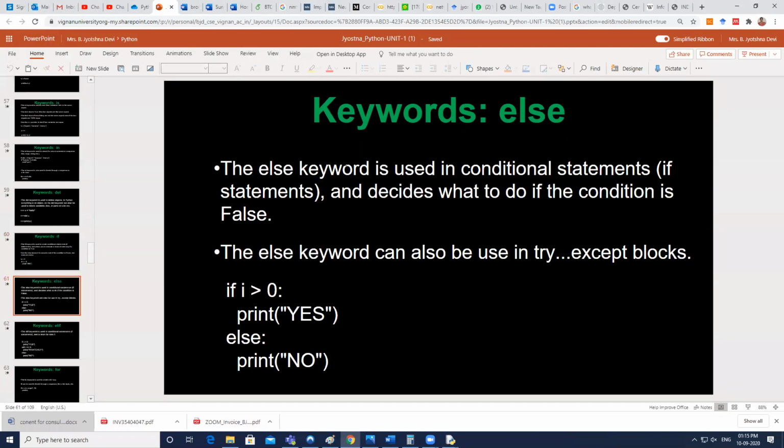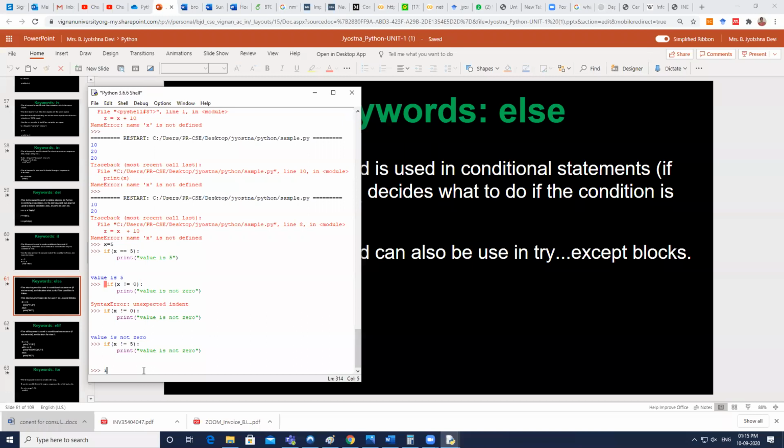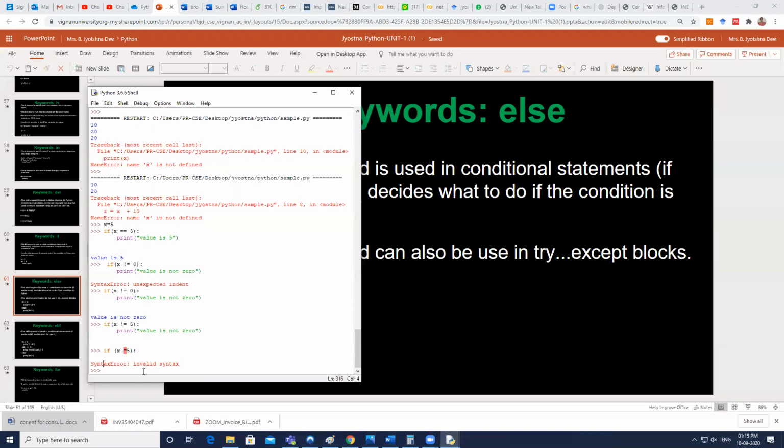And else, in continuation to the if, if you want to have the alternate statement also. If x is 5, then you want to execute something. Maybe I want to write a program for even numbers. Let's continue that and do it.